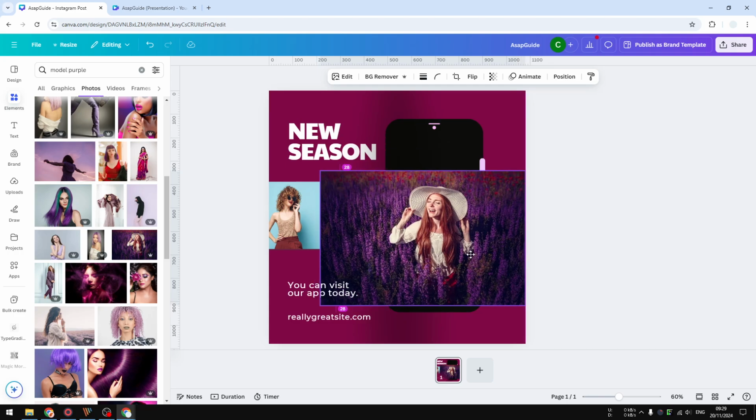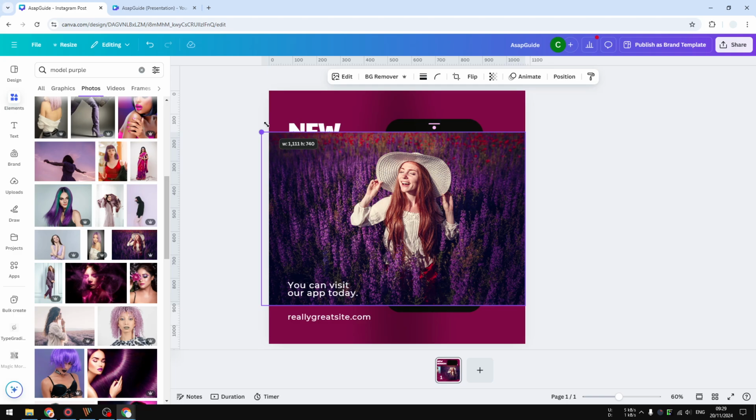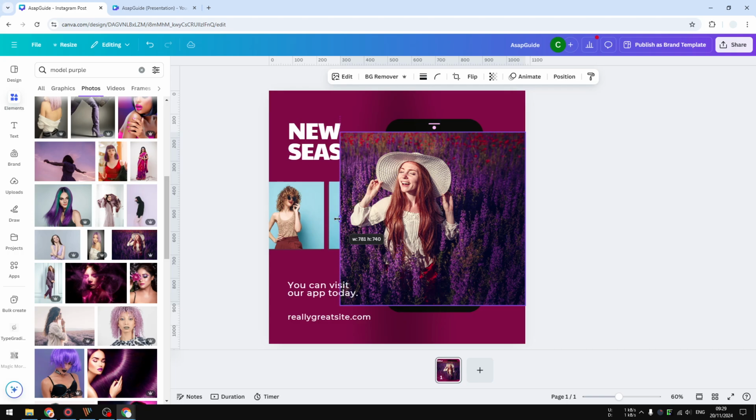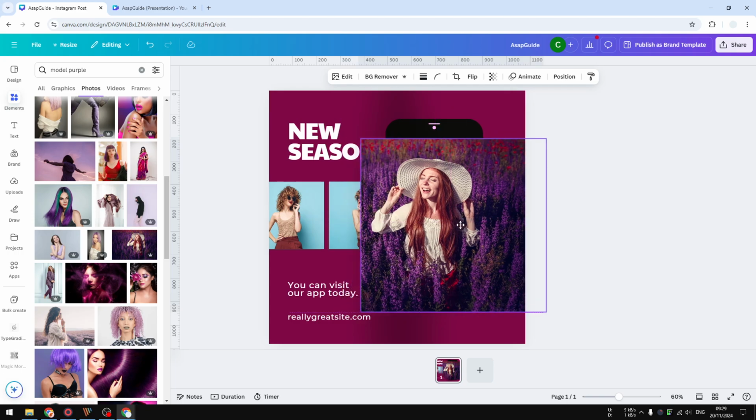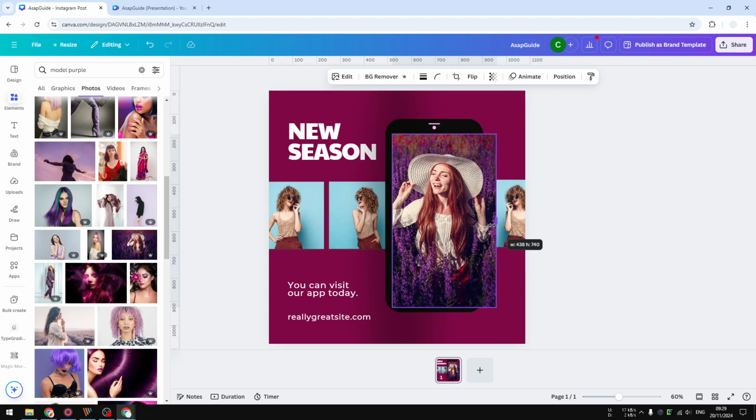So first, I'm going to make this image slightly bigger, maybe around this big. And after that, I'm going to crop this image. So you see these points on the side, there are 4 different points, and if you click on one and then drag it to the left or to the right, it will crop the image. So I'm going to put it here, and I will also do the same for the other side,